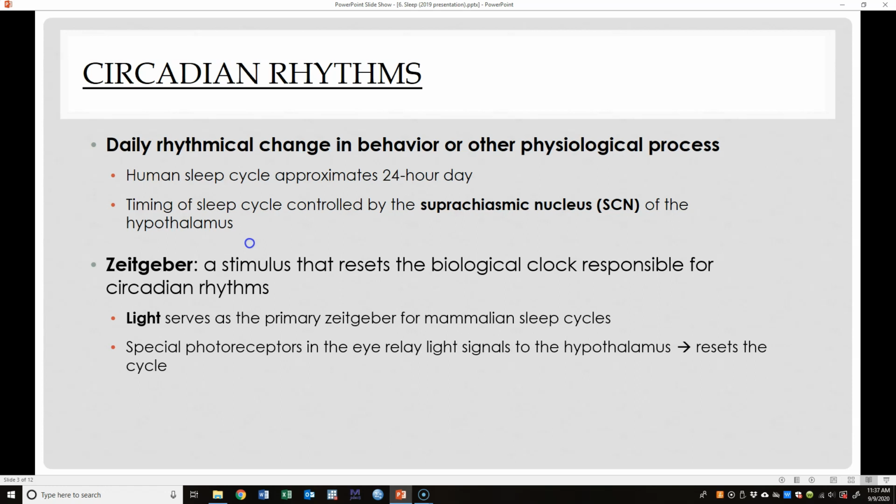So light is our Zeitgeber. That's the signal that helps manage this. And what we see through experiments with animals and also observing some conditions in humans is that we can actually play around with your circadian rhythm by fooling around with this Zeitgeber. So let's say, and there's been research doing this, if I have a group of,